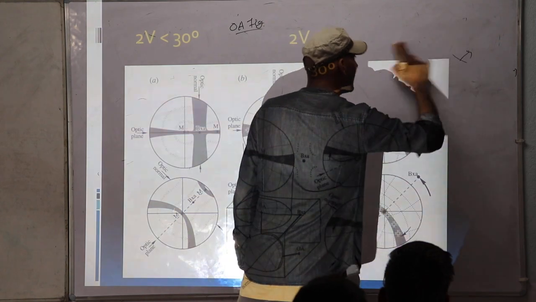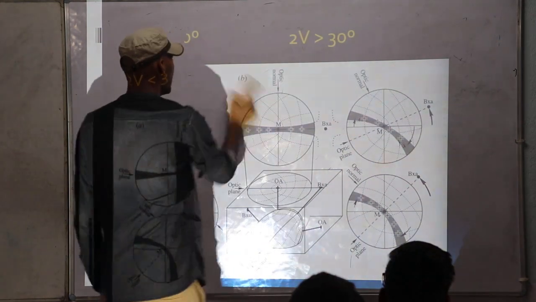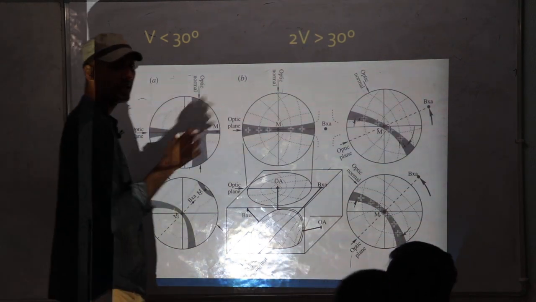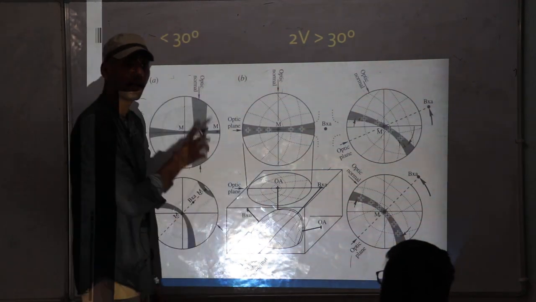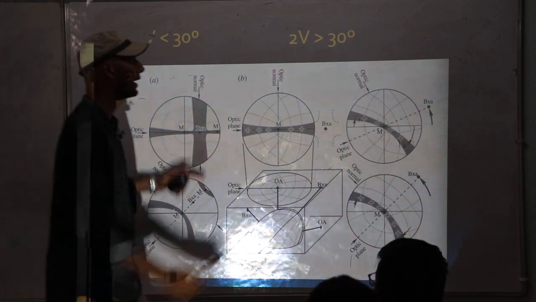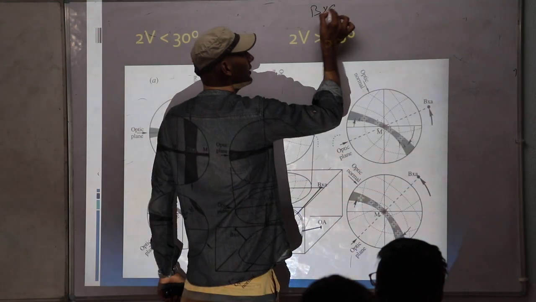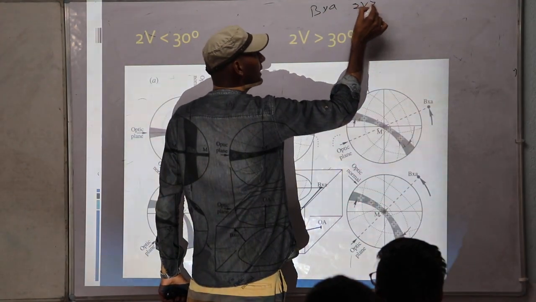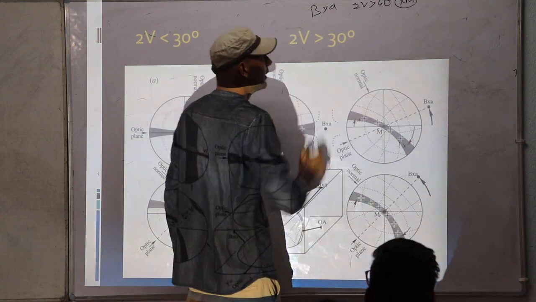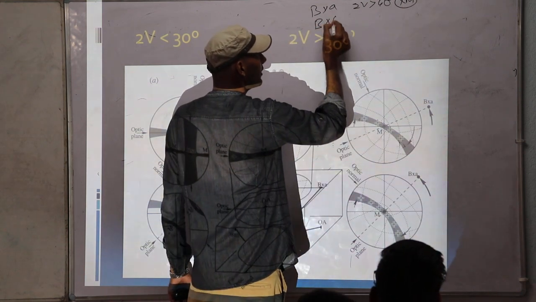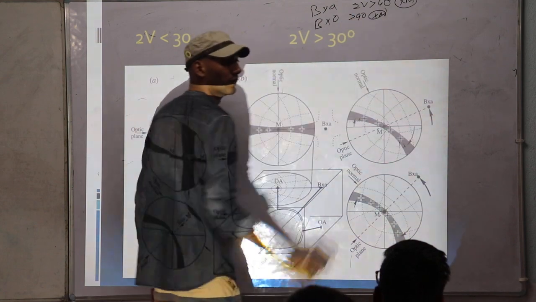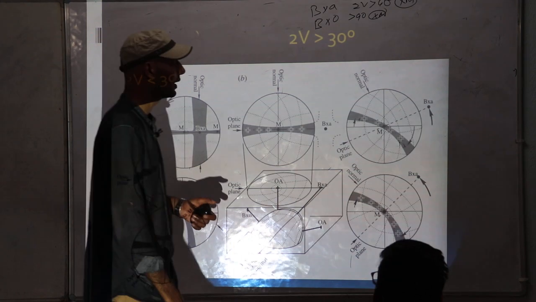So how to find out that shape of isochrome? That is also helpful to differentiate between BXA and BXO, acute bisectors and obtuse bisectors. I have told you, in case of acute bisectors, if 2V is greater than 60 degrees, you cannot see the melatope. In obtuse bisectors figure, it is always greater than 90, so you cannot see the melatope.